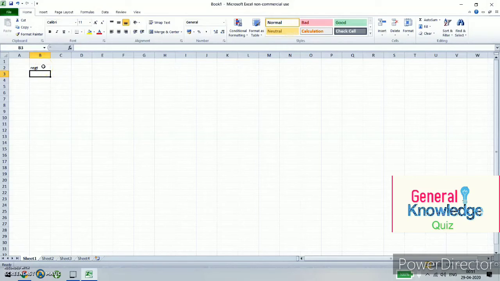I will simply go to that cell, click on the formula bar, press the backspace key, correct my spelling and press the Enter key. When I press the Enter key, the cell pointer moves down. This way you can enter the information in your cell and do the editing.